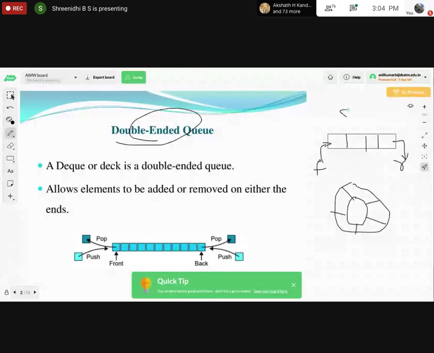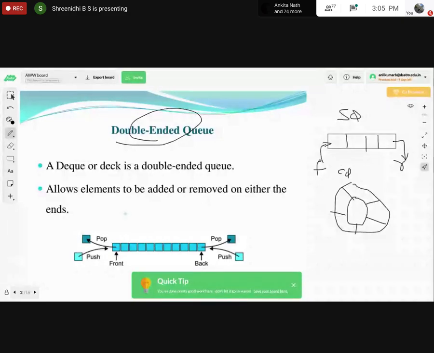Whereas in a circular queue, the rear end of the queue is joined to the front end so that it looks like a circular fashion where the elements can be inserted and deleted in a circular manner, right?